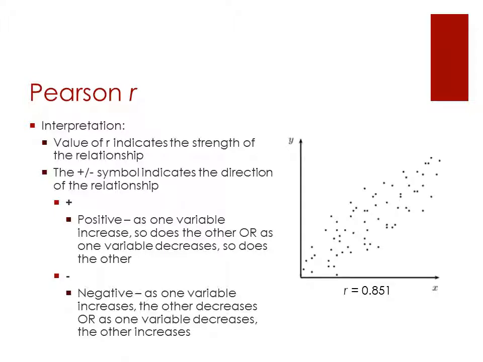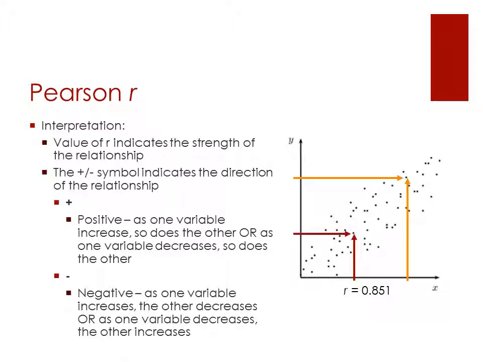So here, if we take a look at this right here, we see our R is 0.851. So that makes it a positive. First of all, it's a strong relationship with a 0.85, because keep in mind, 1 is a perfect correlation and 0 is absolutely no correlation whatsoever. So if we're looking at this,